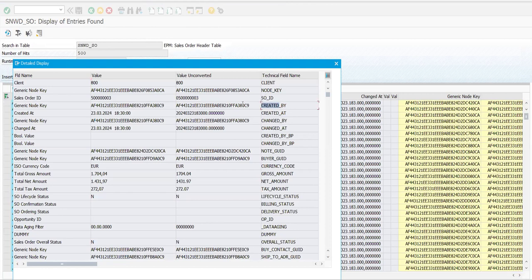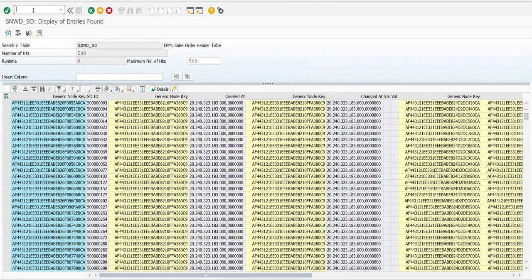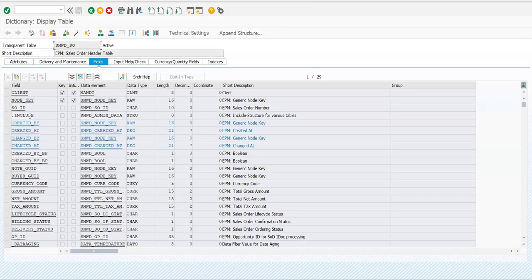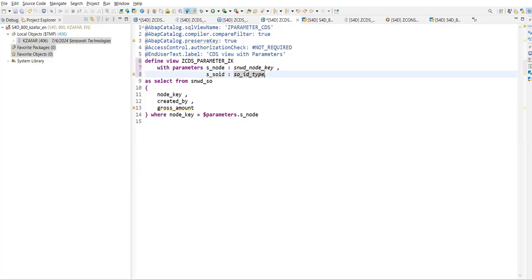Take this SOID. SOID is SNWD_SO_ID. Simply give the type over there. So we have created one more parameter, and what you can do is so_id equals to